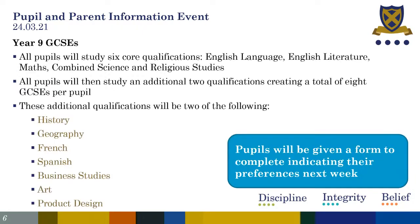Lots of children and parents are asking about the plan for Year 9 and the GCSEs they will do when they go into Years 10 and 11. So I wanted to be really clear about what the plan is. All pupils will study 6 core qualifications: English language, English literature, maths, combined science, which is 2 qualifications, and religious studies. That will mean that every child is getting a GCSE in those subjects, and we'll have 6 GCSEs there in total. Then pupils will study an additional 2 qualifications, which will mean they will have 8 GCSEs when they